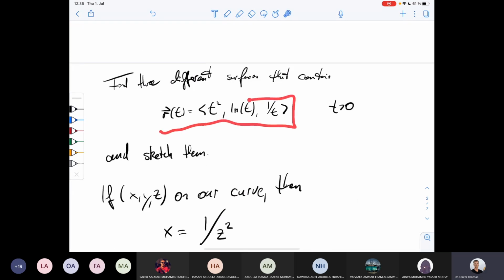We had the curve given like this, okay? And now we want to find a relationship, in this case, between our x coordinate and our z coordinate. And we want to express one by the other. So how can we do this? Well, we know that,